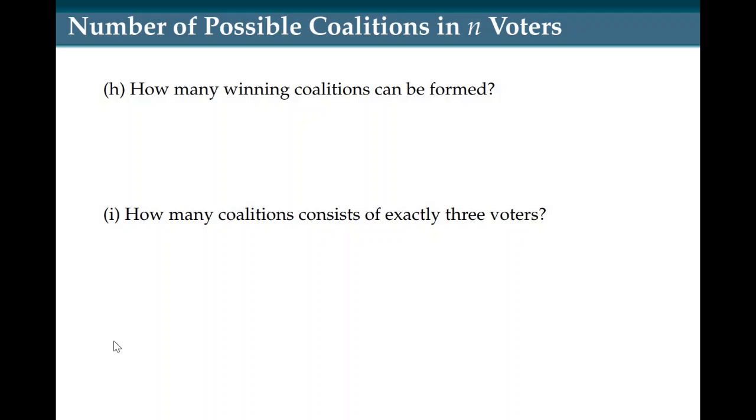So first, let us enumerate all the coalitions. Since we have 2 to the power of 4 minus 1, that is equal to 15 coalitions. So we have coalition with voter A, voter B only, voter C, the coalition D,